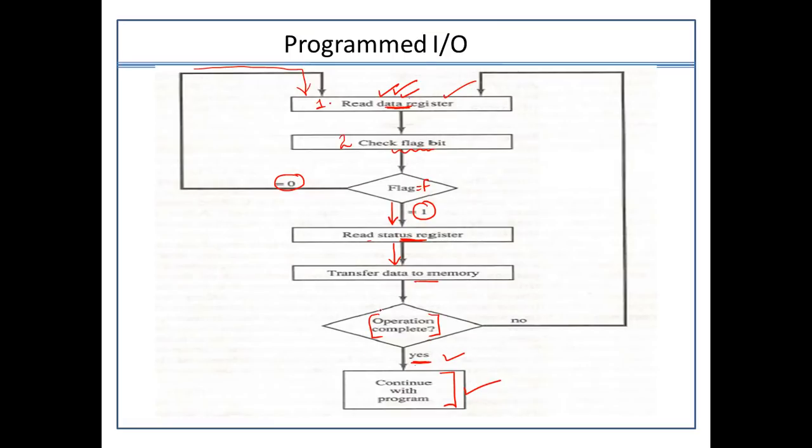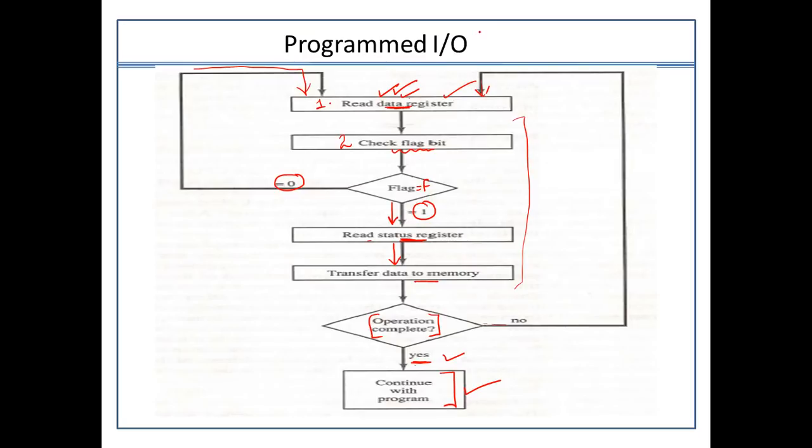If the process is completed, then it will start working with another program. So we are simply talking about the functionality of the processor here. Okay, how the processor looks at the data which is available in the interface. If the operation is not yet completed and more data is available in the data register, then again the CPU will start reading the data in the data register, and the entire process will keep on continuing. So I hope that you have understood the idea.